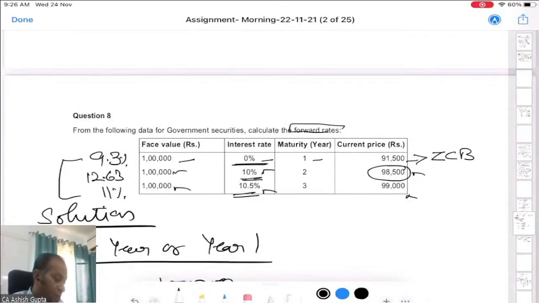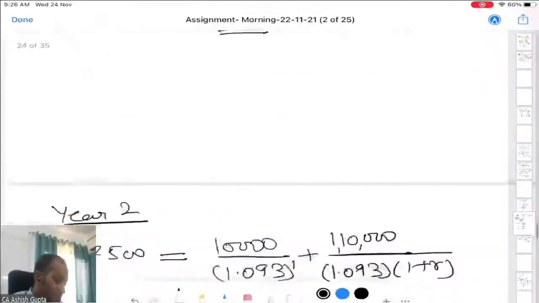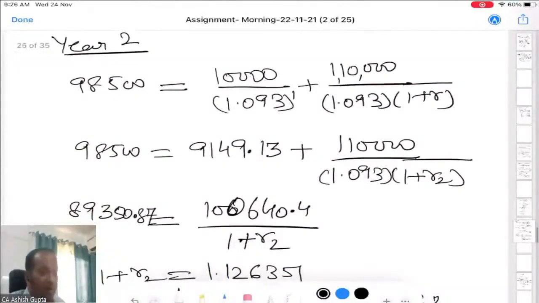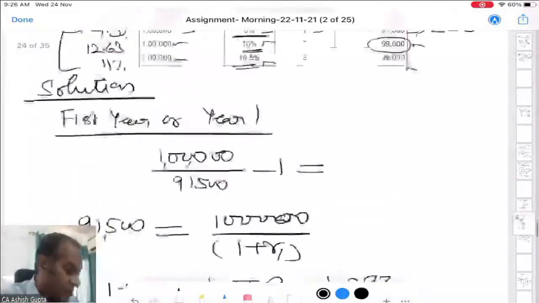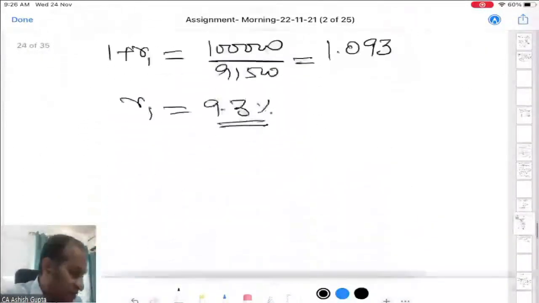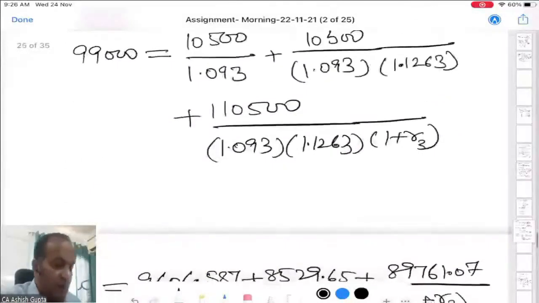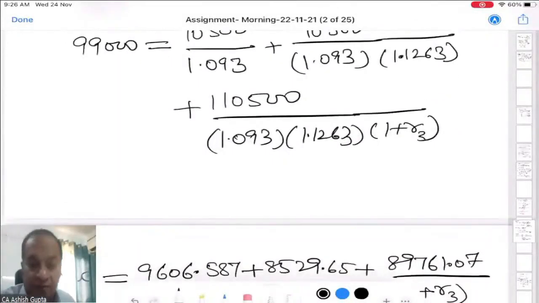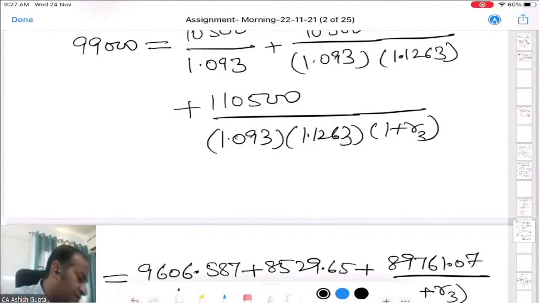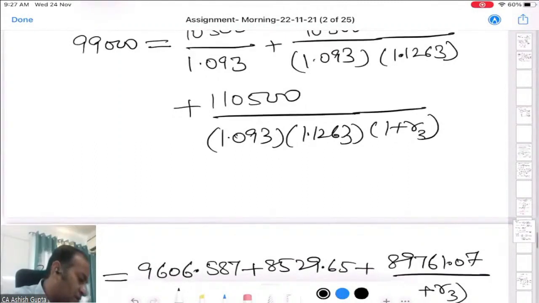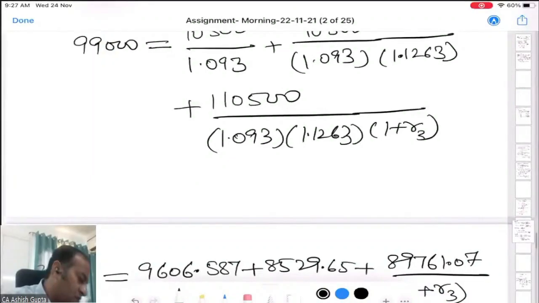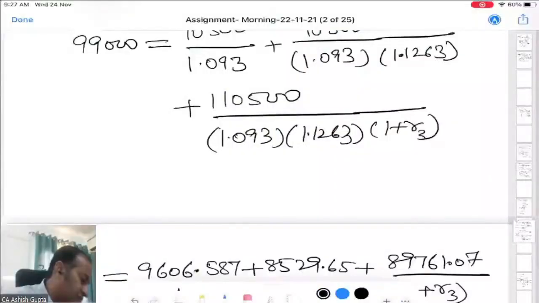So I hope with this the concept of forward rate and spot rate and everything must be clear to you. Now you can solve whatever type of questions are there. You can solve them very easily. Now, student, I am coming to the next topic, and if possible today, we shall take up the numerical. Otherwise, we shall take up the numerical in the next class. Now, topic is our convertible bonds.